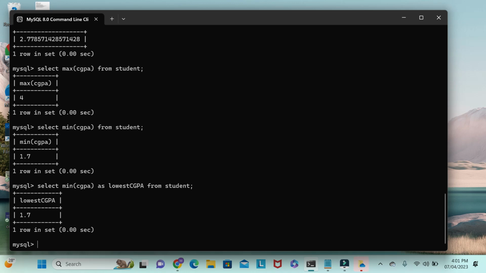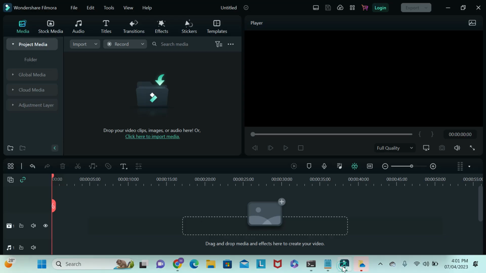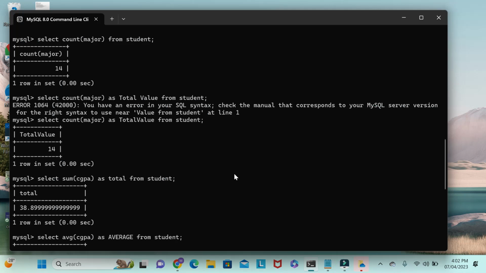So like this, we can use the aggregate function. Remember it, the aggregate functions other than count will only work with the numeric column. So we have the 5 aggregate function. Kindly go through the video and do the practice. And if any kind of problem you are facing,